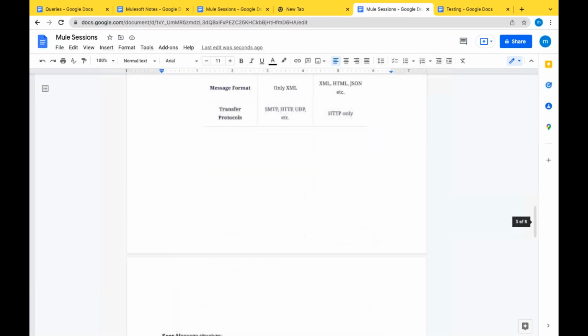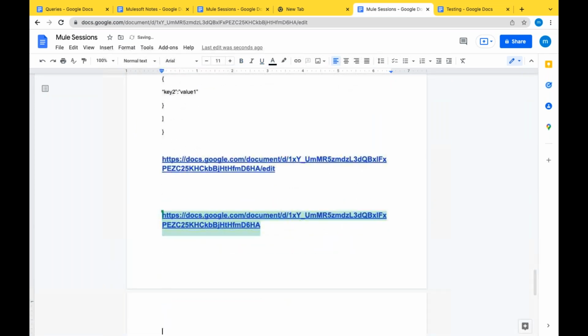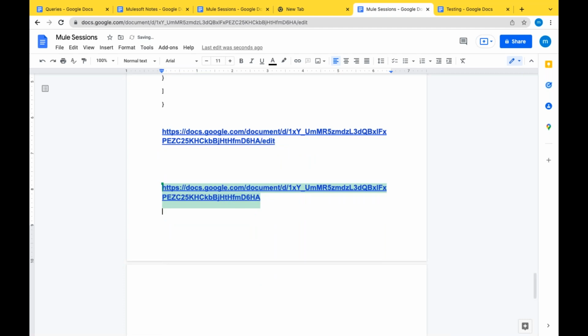Let's see this one. It's a new document that I created, where the ID has changed, right? You see this ID and this ID have changed.